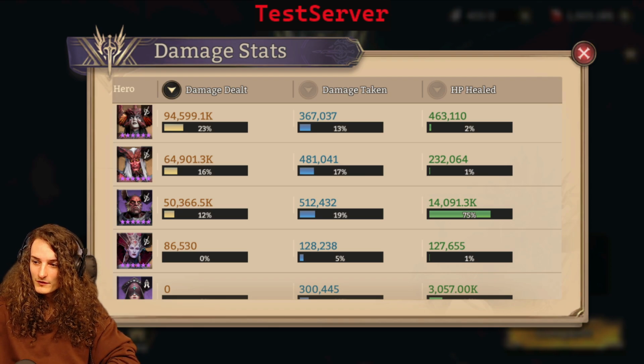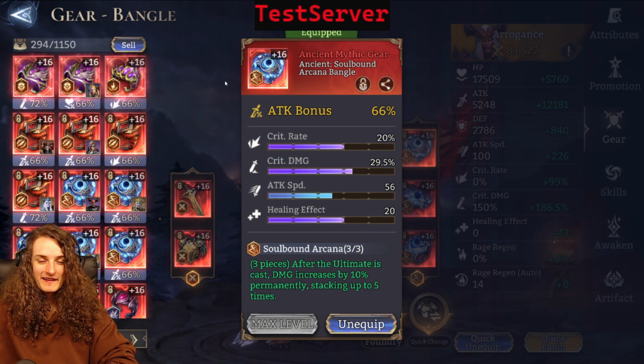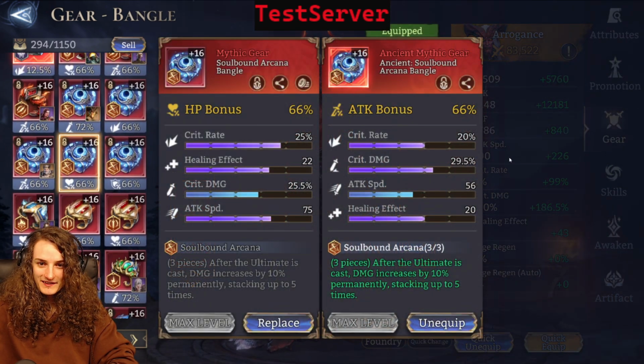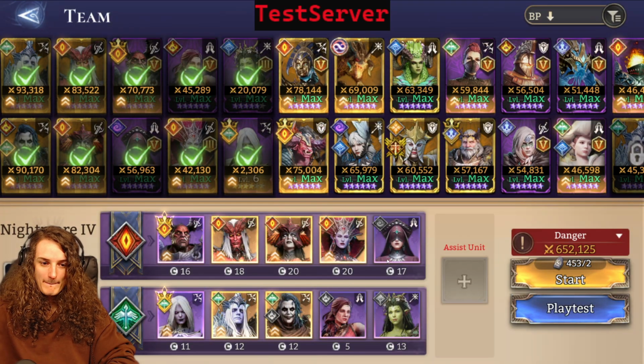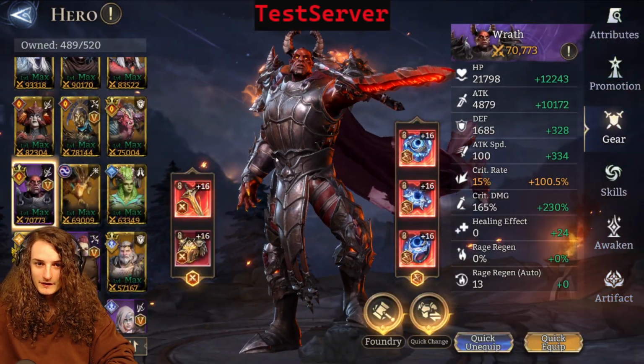And how much can the Wrath do better? Quick intermission before we get to the results. Don't think it's surprising that Arrogance's damage is going to shoot in the air. The answer is I had an HP main set equipped instead of attack, so we were sitting at 8k attack. Yeah. Alright. But just for those curious, if you want to slow the video down or pause it, here's the